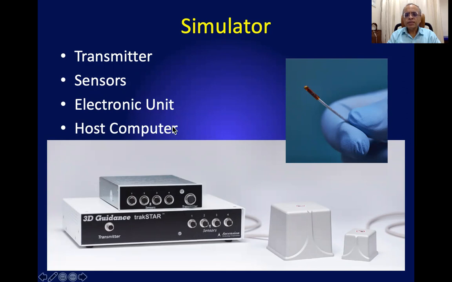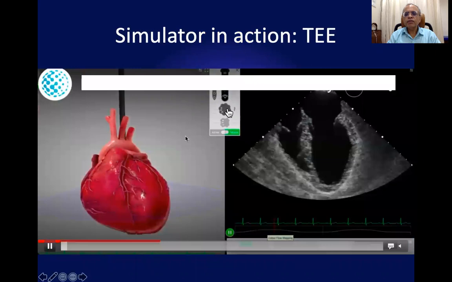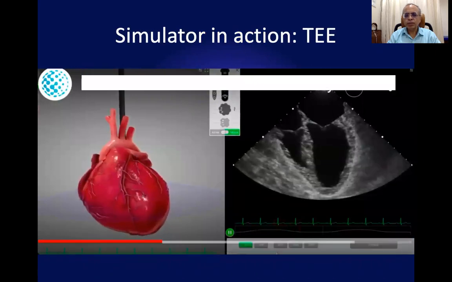What the computer does is that it correlates this three-dimensional position of the imaging plane, and gives you the exact cut in the heart anatomy and creates an ultrasound rendered image, which is shown in real time. There is absolutely no lag, and you get extraordinary images while you are manipulating the transesophageal probe.